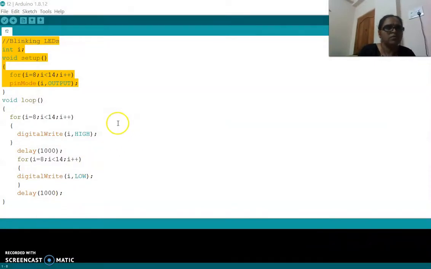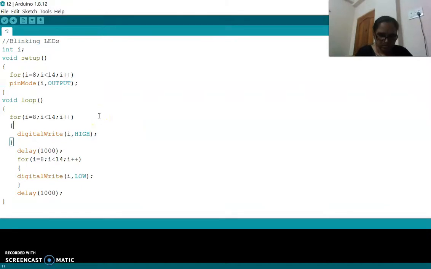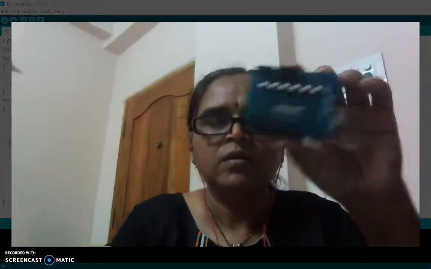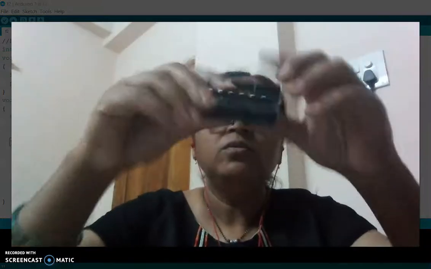So see this code. This is the code I am going to use to show the blinking of the LEDs. Here I declared pins 8 to 13. Why 8 to 13? Observe this. Here you have 2 shields.